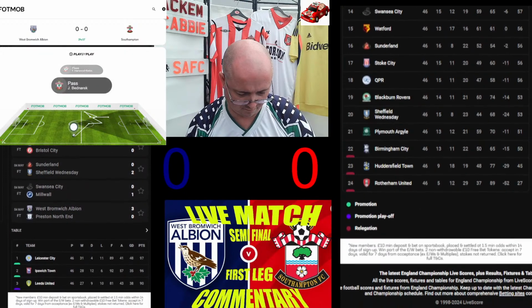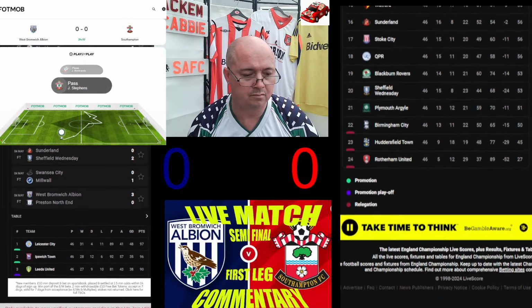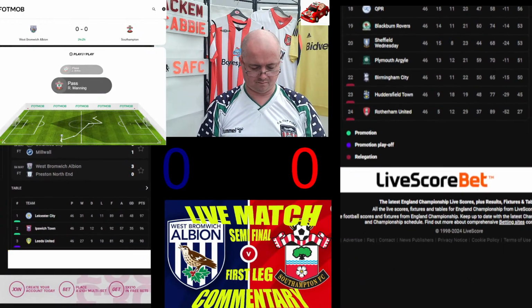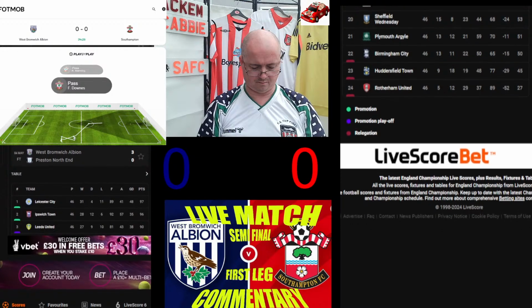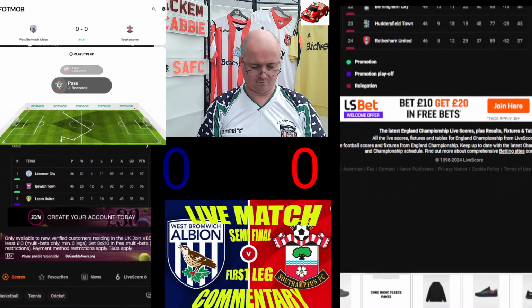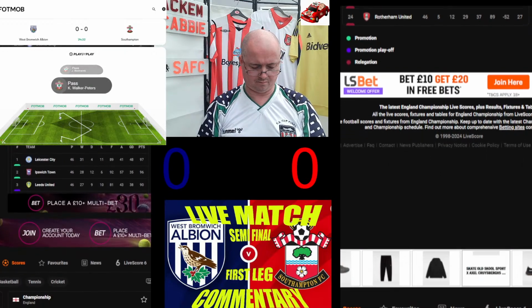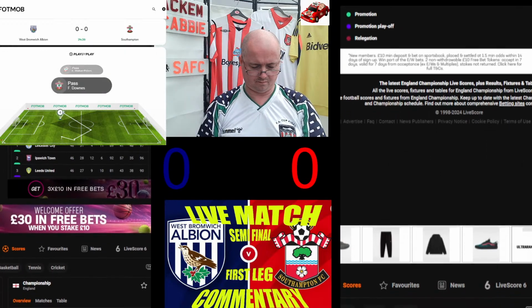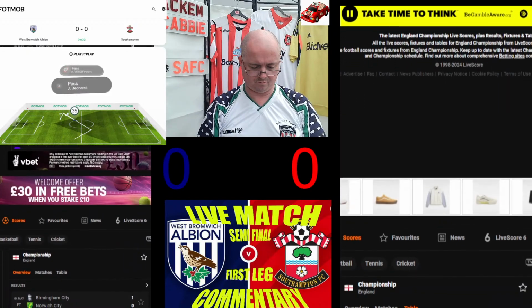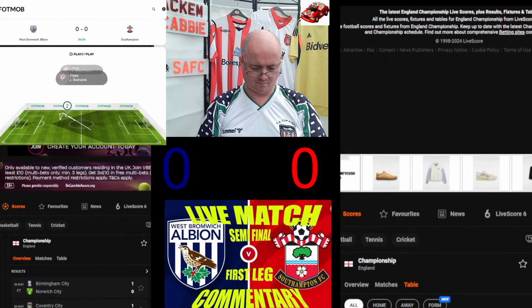11 minutes to go here in the first half. You're listening to TalkSport. It's the EFL playoffs. We're in the Championship today. First leg already a goalless draw today at Carrow Road between Norwich and Leeds, and we're without a goal here 34 minutes in. Cagey affairs, but here comes Southampton trying to break that deadlock down the right-hand side with Walker-Peters, who's midway inside the West Bromwich Albion half, shooting towards that Smethwick end, which is half taken up by